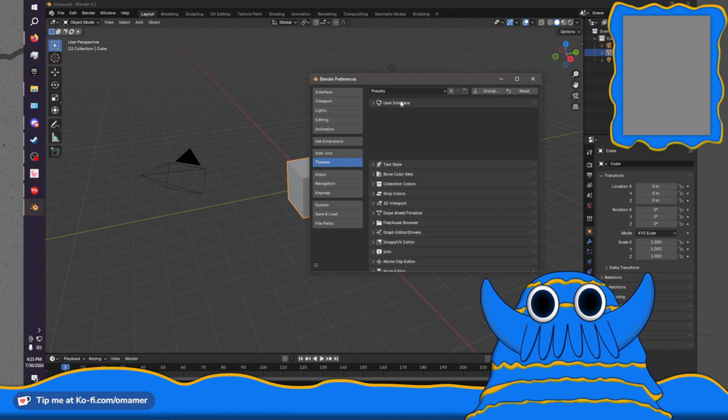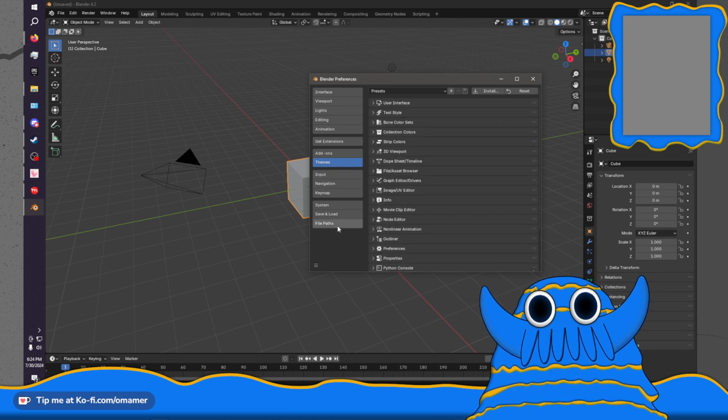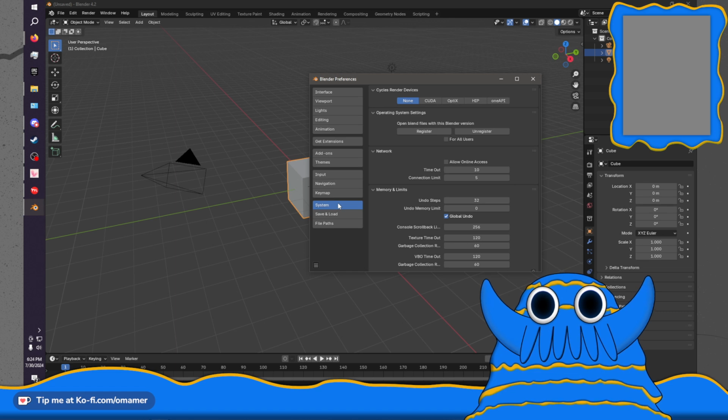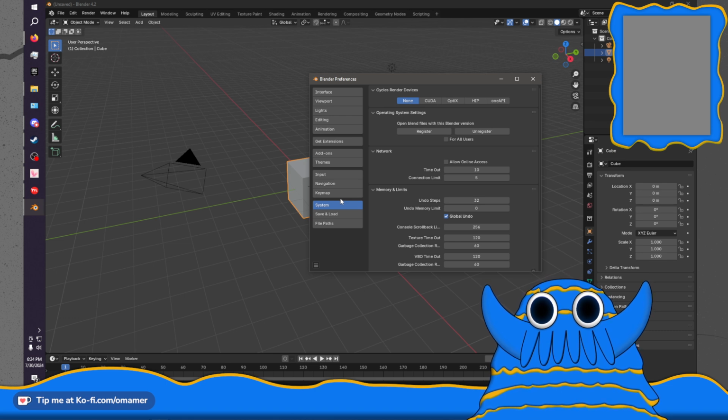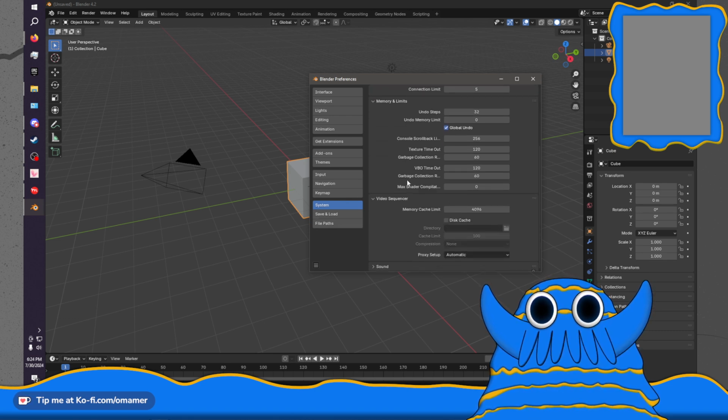Themes, user interface, nope. I think I messed up.